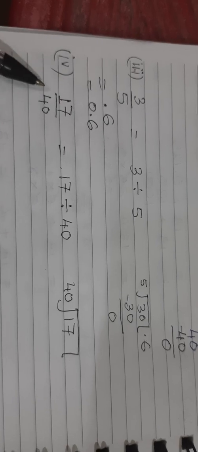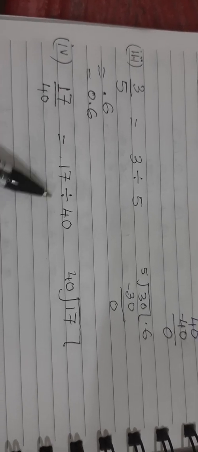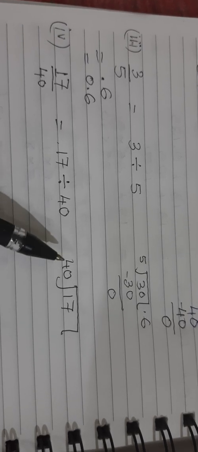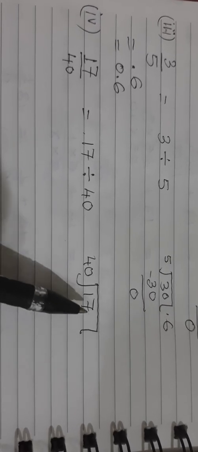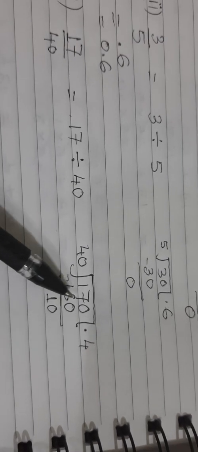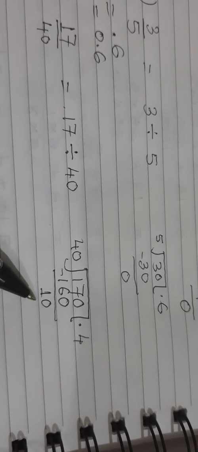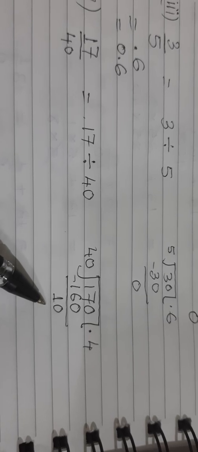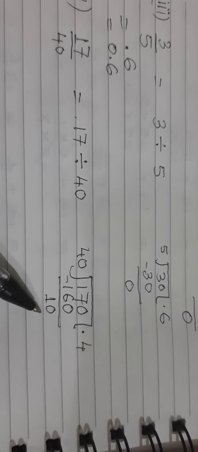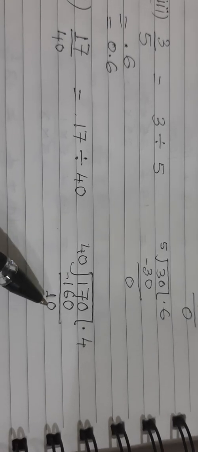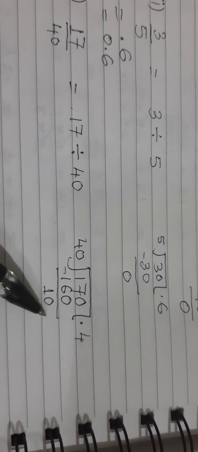So next question is 17 by 40. So 17 divided by 40. 17 should be divided by 40, but 17 is smaller than 40. So same method, as we had done over here, we put a point. We will put a point here also and bring a 0. So there I put a point, brought 0. Now 40 into 4 gives us 160. 160 is near about to 170. So 170 minus 160 is 10. We cannot stop. We did not get 0, no remainder. So we will continue. 10 is smaller than 40. So to increase the value of 10, since we have already put the decimal, we can bring a 0 here.